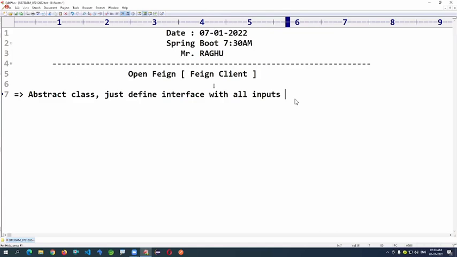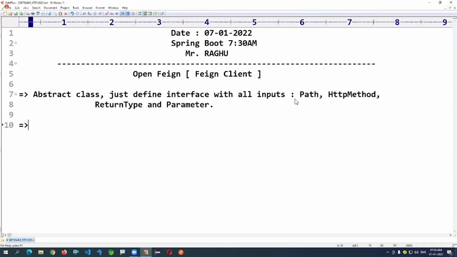We have to define one interface with inputs like path, HTTP method, return type, and parameter.